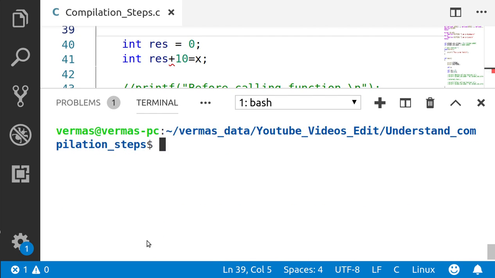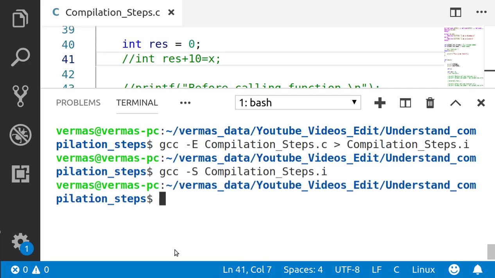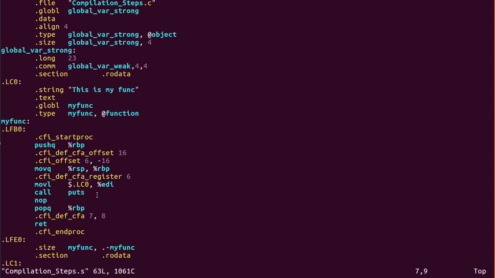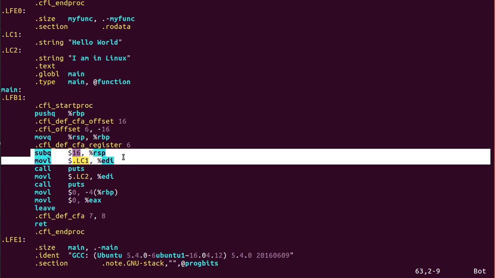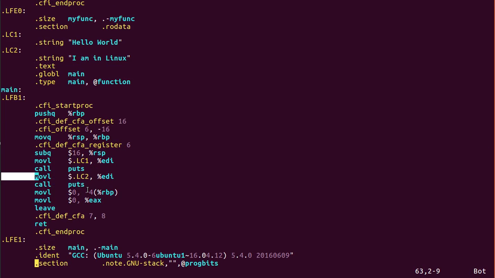Now I want to tell you that after the compilation step, the architecture dependent assembly file gets generated. As you can see, I am using the GCC compiler here. After the compilation step, you can see the assembly file that I have got is for the x86 platform. This is the file that gets generated after that command. You can see the instructions that it has used here are for x86 only.